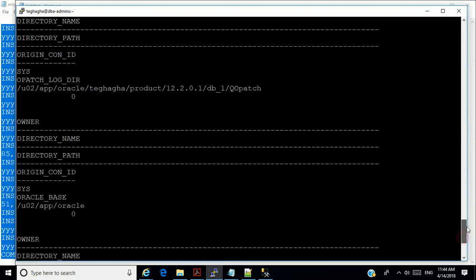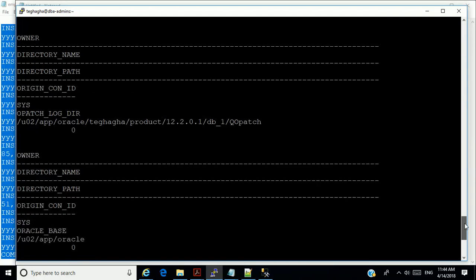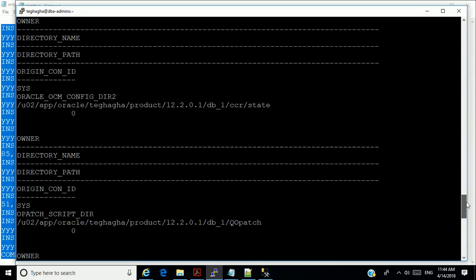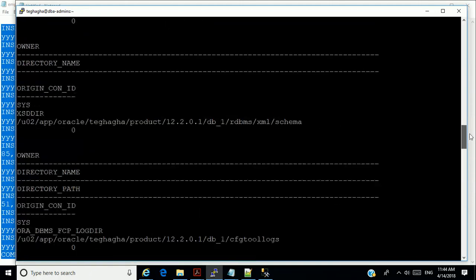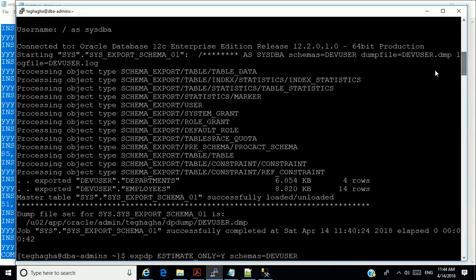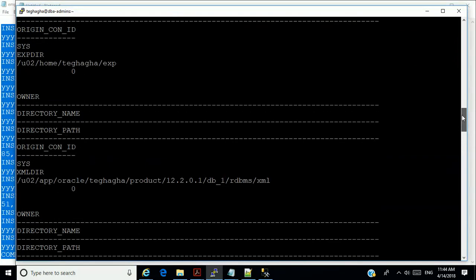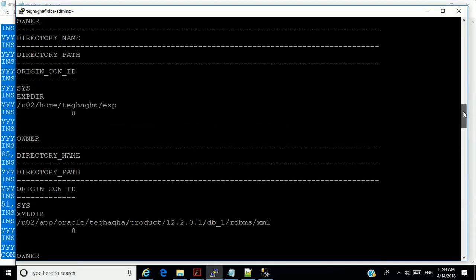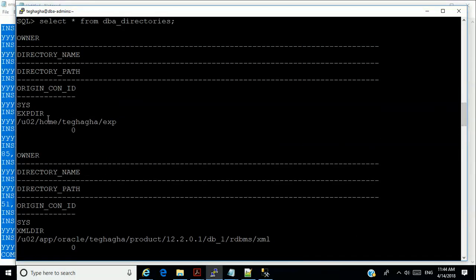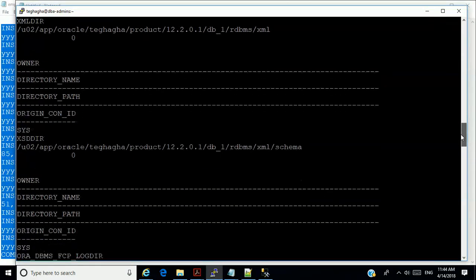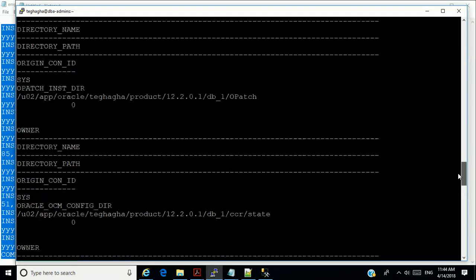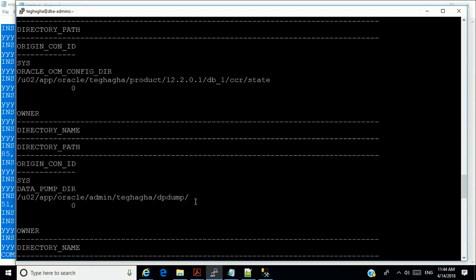Now, where did we export to? Let us see it properly, where we exported to this place here. Let us see what it is called, because it was created by default. Remember, we defined one. This is the one we defined. Let us see the other one where it comes from. It's this one. So this is the default.